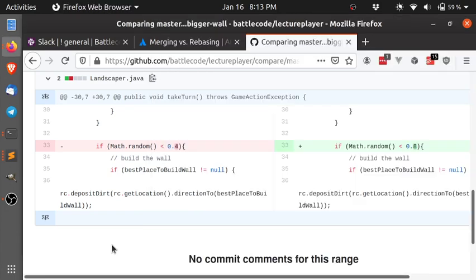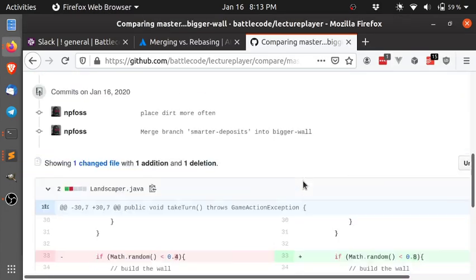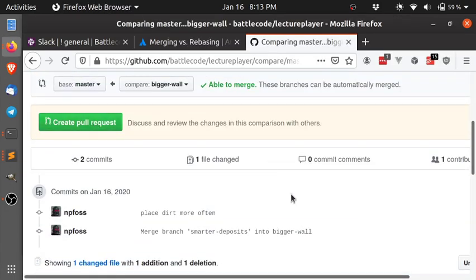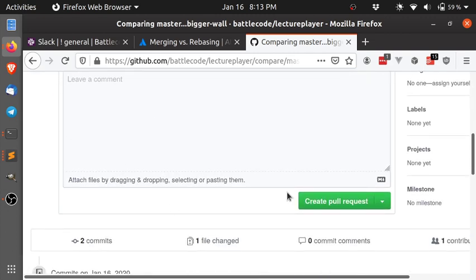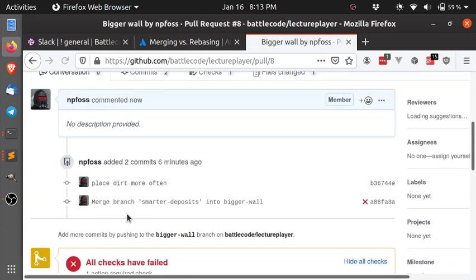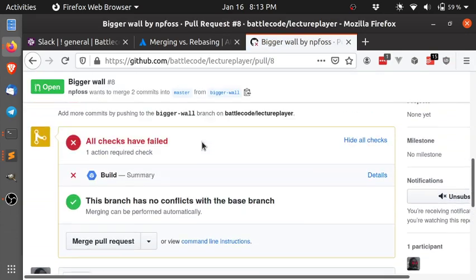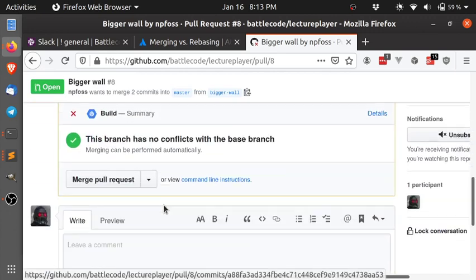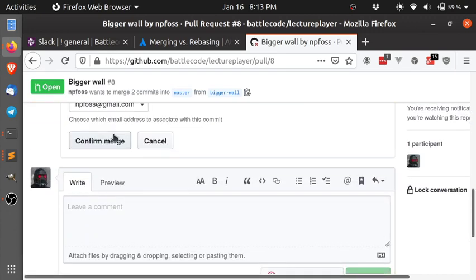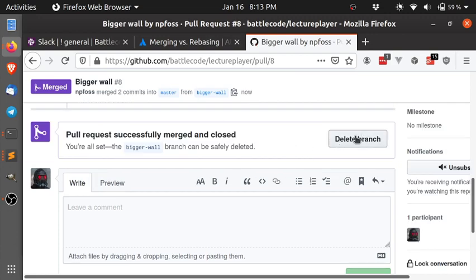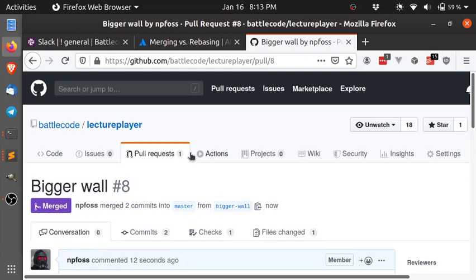So now we can go ahead and merge this one in, and the team can look at this commit. The rest of the team is only seeing changes actually related to this feature because the other one went in first. So we'll create a pull request now that the other one is in, and go ahead and merge that in. One thing that we could have done, and I should have shown this before, is when you create a pull request, you can actually